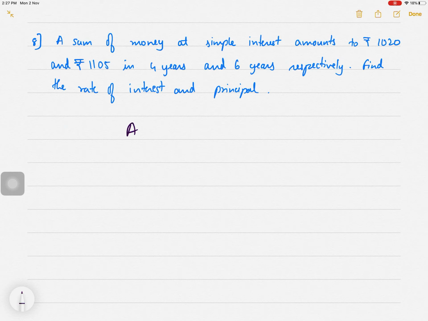So you know the amount after 4 years, and you know the amount after 6 years. Okay, so amount is equal to principal plus interest. So instead of interest, I will write the formula, which is P into N into R. Okay, so there are two equations, one after 4 years and one after 6 years. Amount becomes 1020 after 4 years, so my equation 1 will be